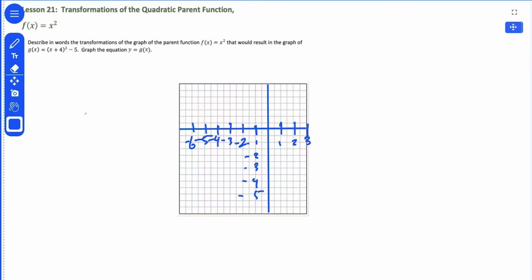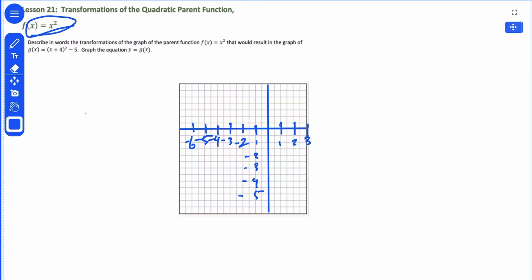What about, could there be no x-intercepts? Yeah, if it's a positive quadratic and the vertex is above the x-axis, then it's not going to cross. Or if it's a negative quadratic function and the vertex is below the x-axis, then there will not be a solution. So looking at the exit ticket, it says this is our parent function, just x squared,